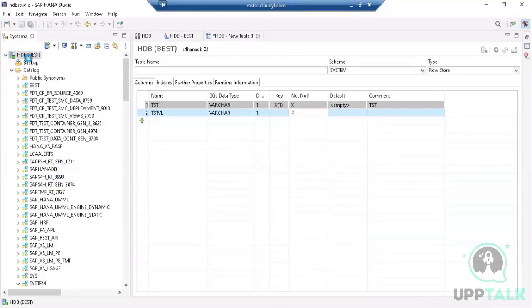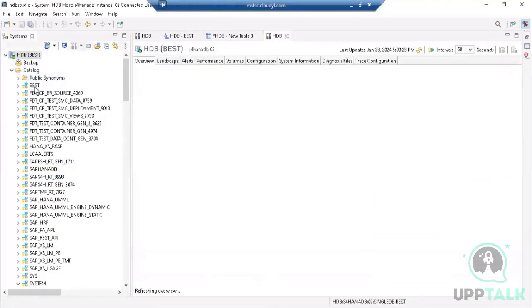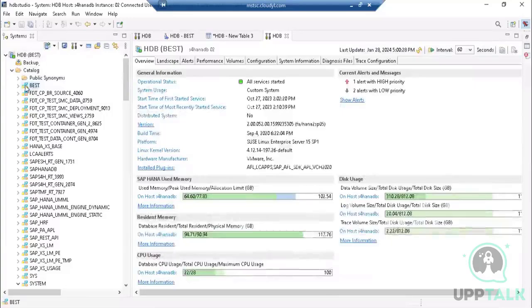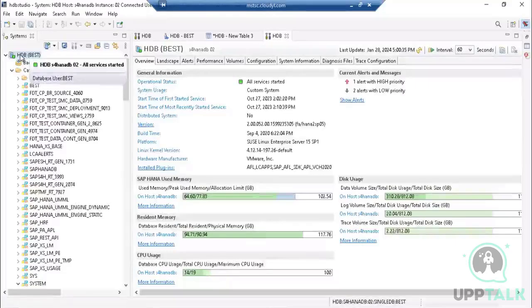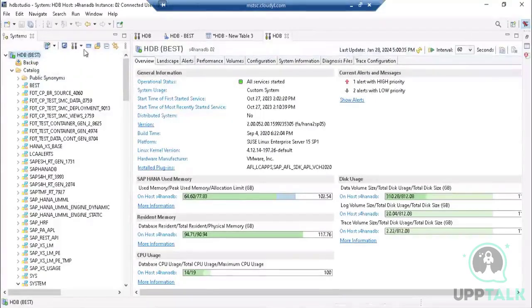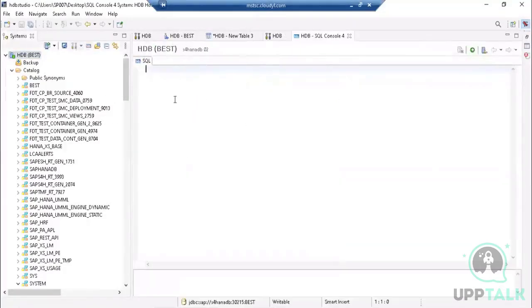If you want to create a new schema, you will get this schema by default with the same name as your user ID. But let us say if you want to create a new schema by yourself, you can double click on your system, or select the system and click on the SQL editor, open SQL console. For the selected system, it will open the SQL command. Simply type